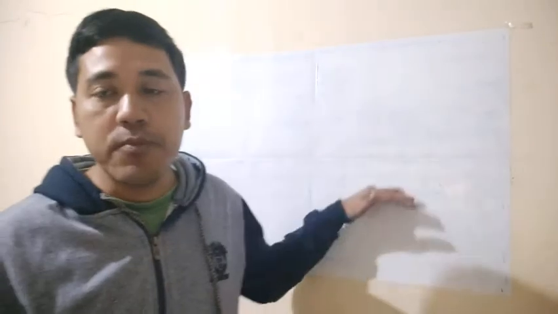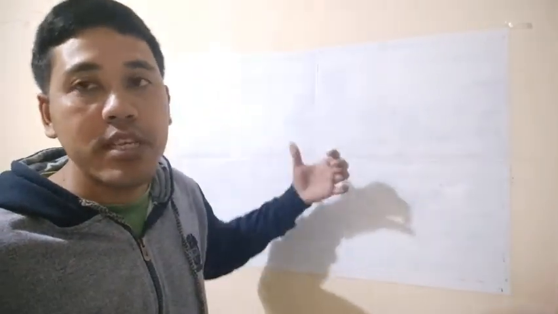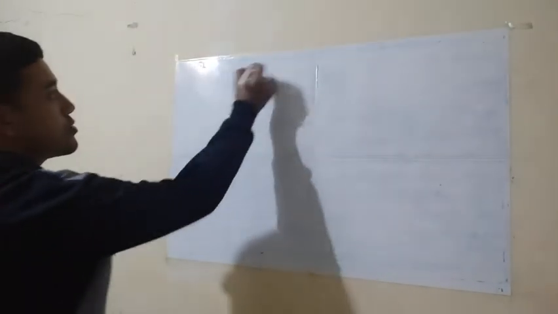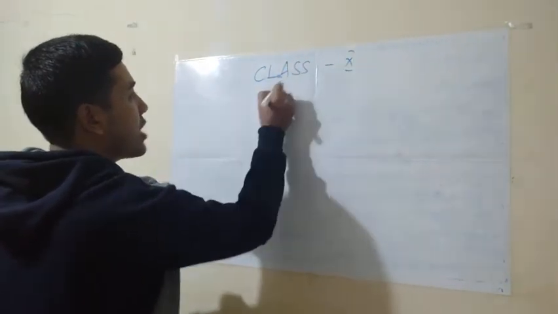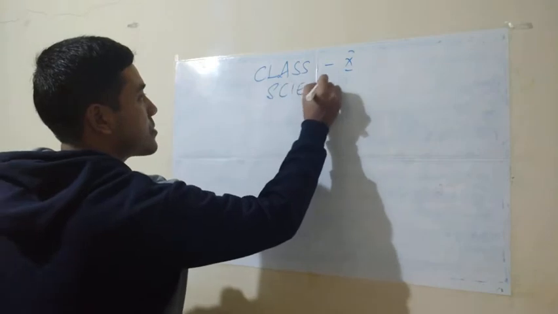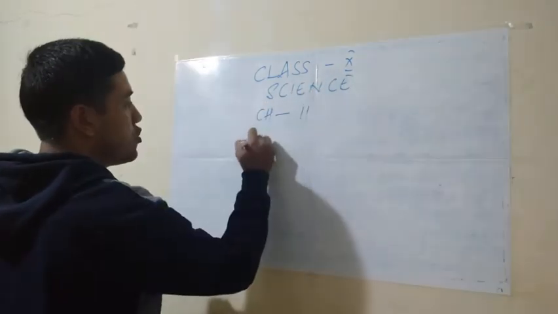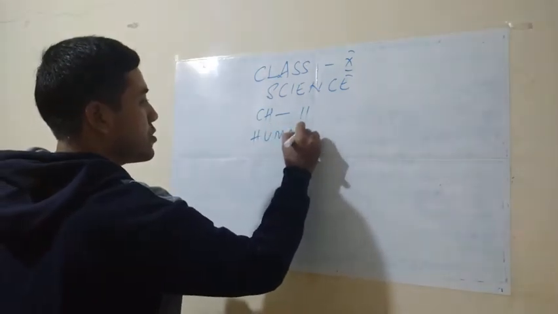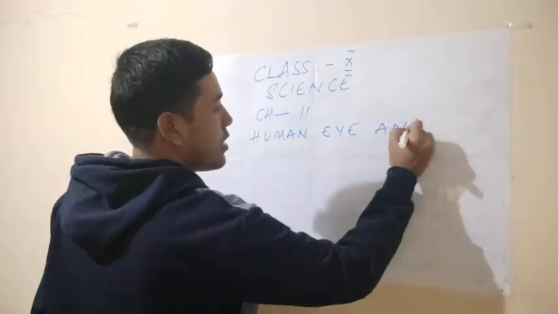Before I start explaining today's portion, please take out your notebook, pen and pencil to copy down these portions, okay. These portions only we need to study in this chapter. What are the portions? Just see this. Class 10 science, chapter number 11, human eye and